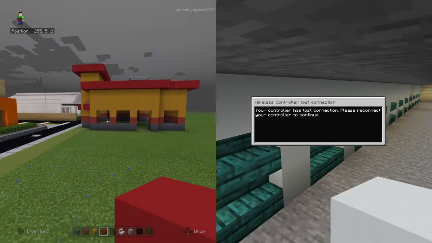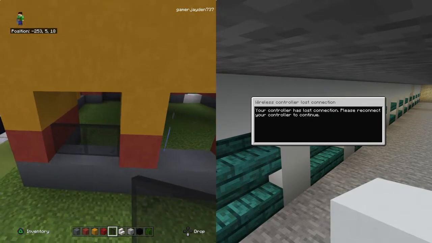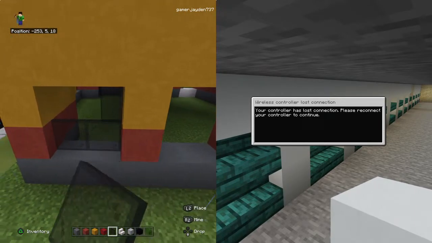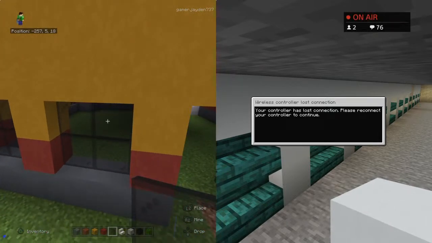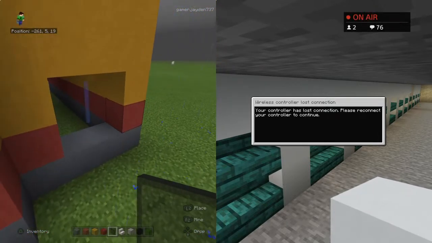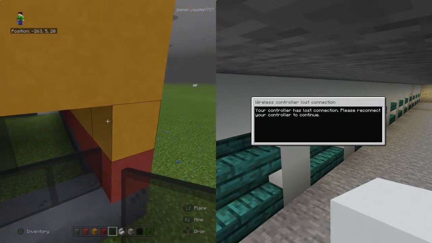So all of the windows, which are the smaller holes, can be filled in using black stained glass paint or any variety of glass that you may want. We are going to place a row of red concrete. Sure, I'll fill in all these windows, but I'm not going to